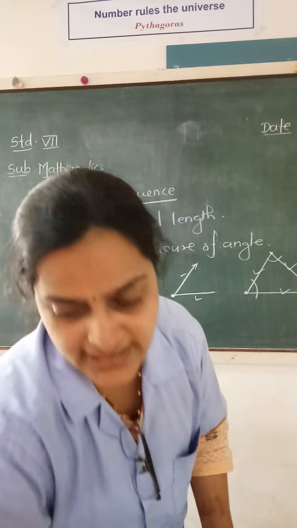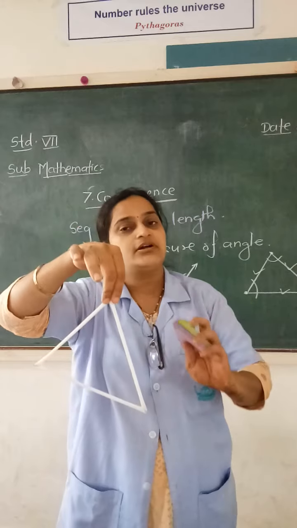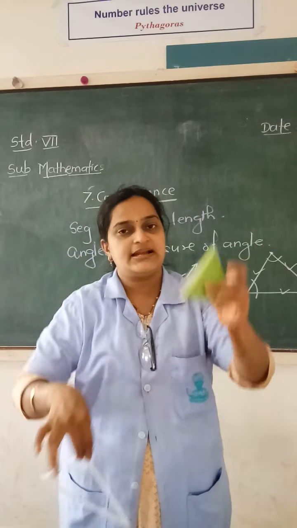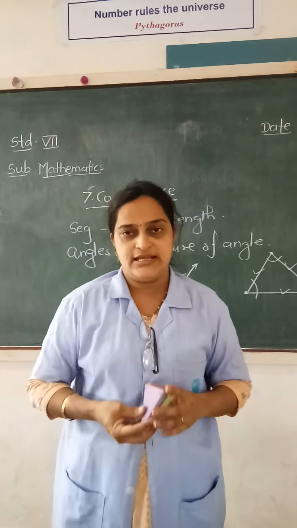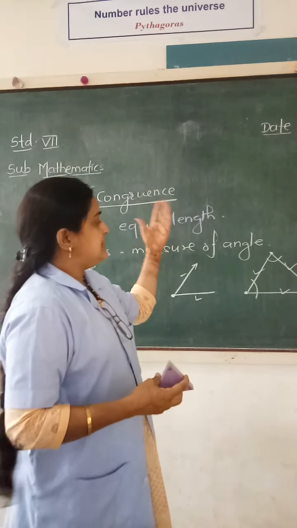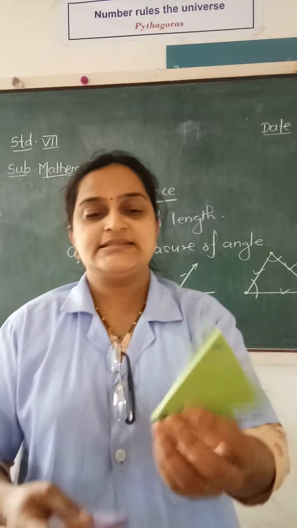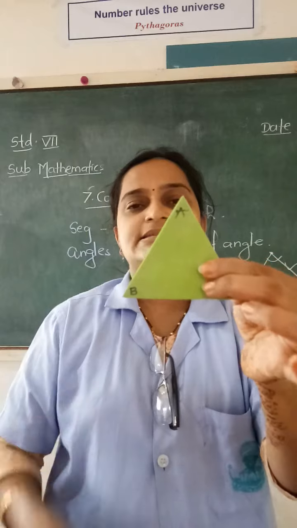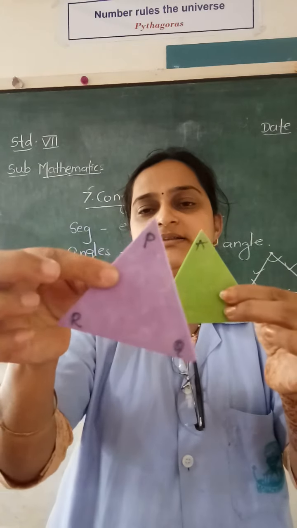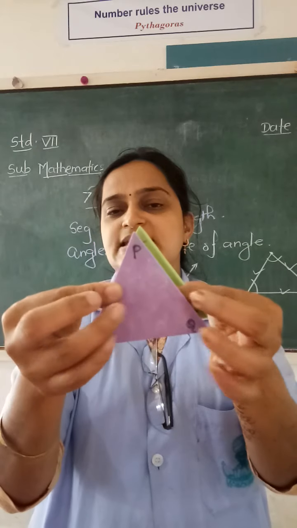Once more I would like to tell you that for whatever material is available right now, I have triangular regions, but okay, I can explain with the help of that. Now, in how many ways can I place one triangle on another? For that, I have labeled them. You can see this is triangle A, B, C, and here I have another triangle P, Q, R. Now, there is one way in which I can place them on each other.